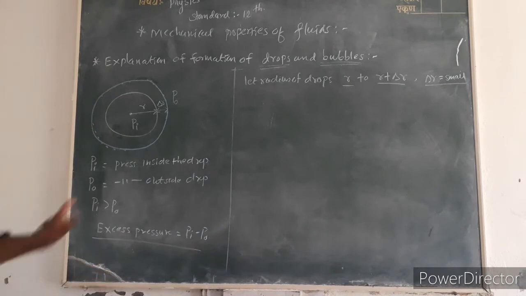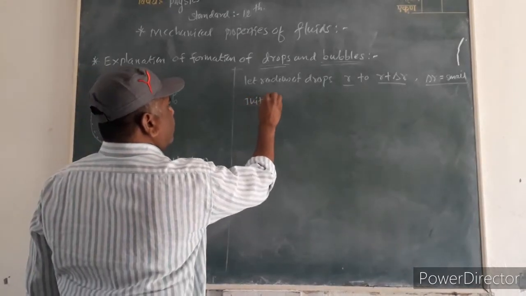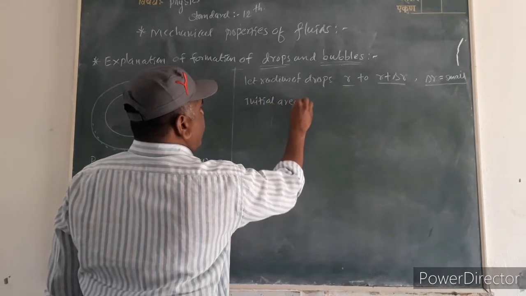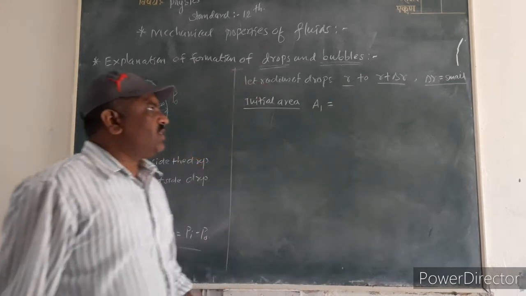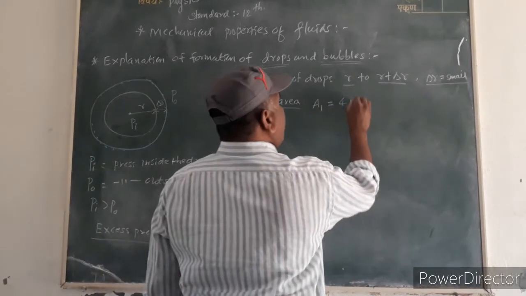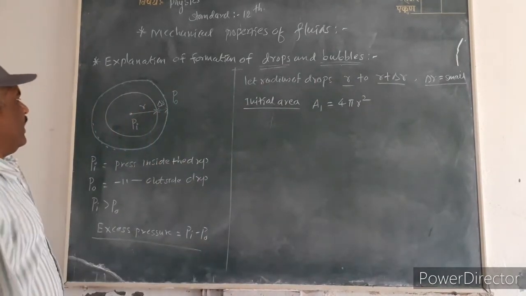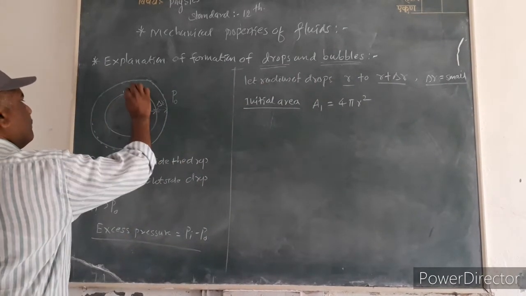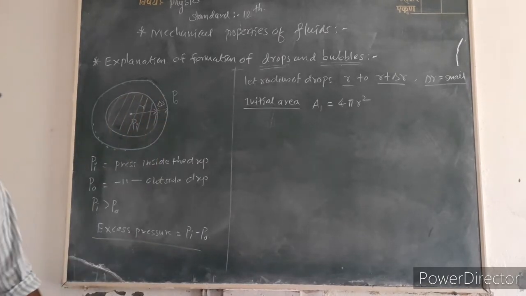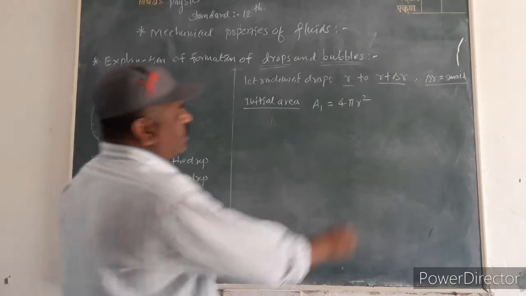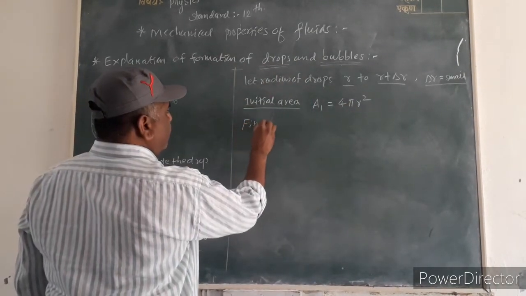Now we find out the area. The initial area A1 is 4 pi R square, and the final area of the drop,